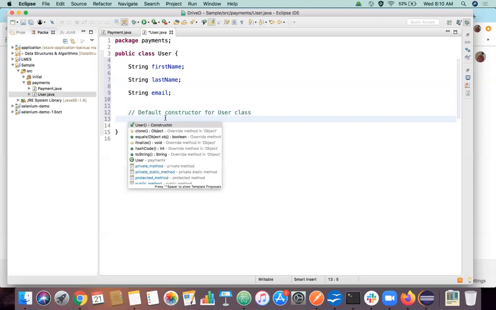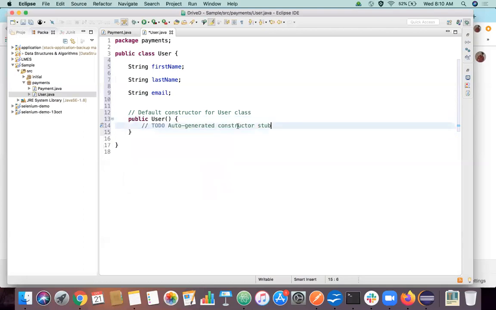If you hit Control Space in our Eclipse, right, it always throws some suggestions. This is why we go for an IDE, right? As you can see, whether to clone this object, to create an equals method and a hashCode method, and whether to create a constructor for this class, it will itself ask. So we'll just create a constructor like this, and we will leave this for now.